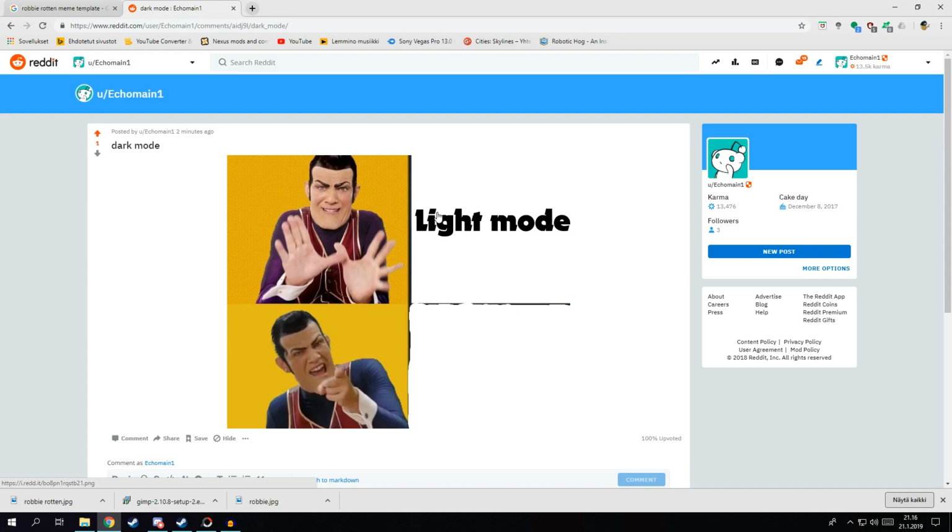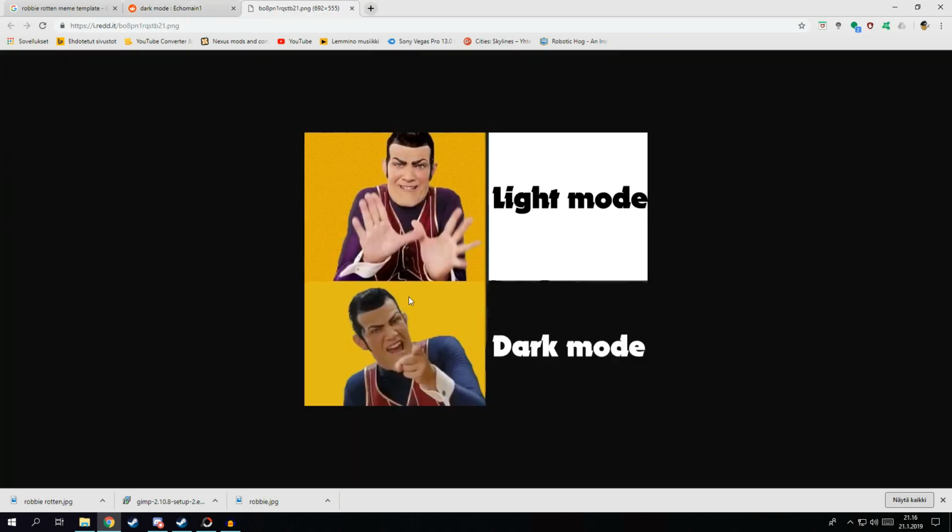But you can see that when I'm in light mode, the text doesn't show, but when I click it on the dark background, you can see it says dark mode, and that's basically how you can view different things like this. And that's how you